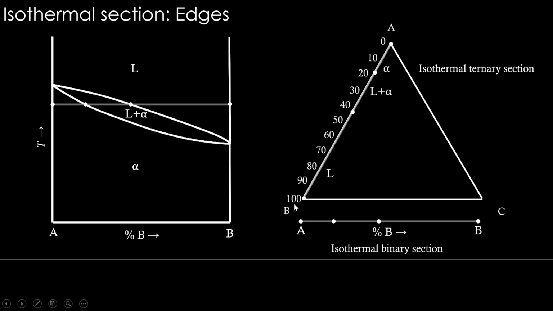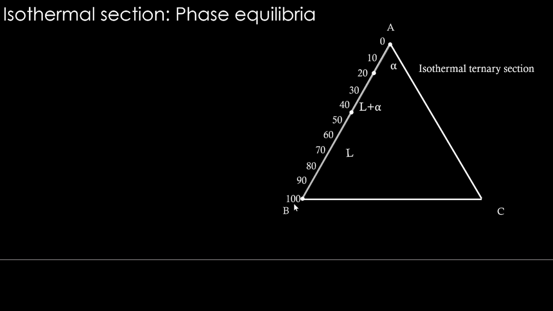Okay. So what if we add C to this? Let's say this region here is liquid in the binary side. If we add some element C to these AB combinations, let's say any of this combination of AB, let's start with 70, and in that if we add C, we enter into the ternary regime like this. What if liquid is still stable? If we add C, then this entire region is going to be liquid only, even with addition of C.